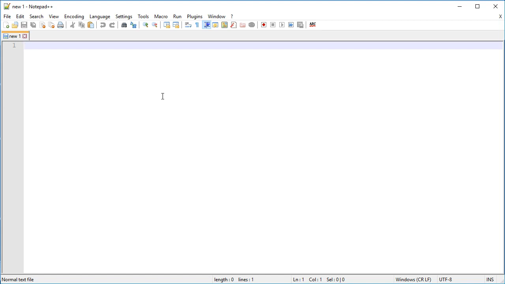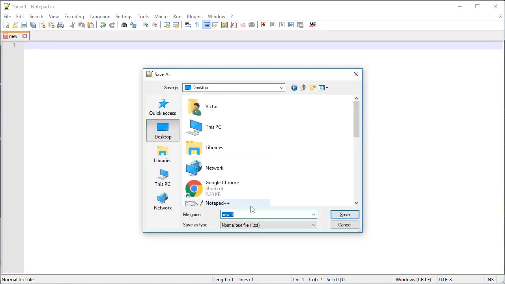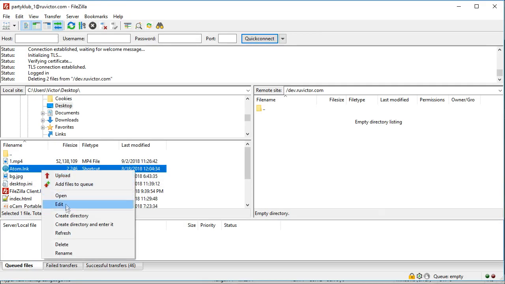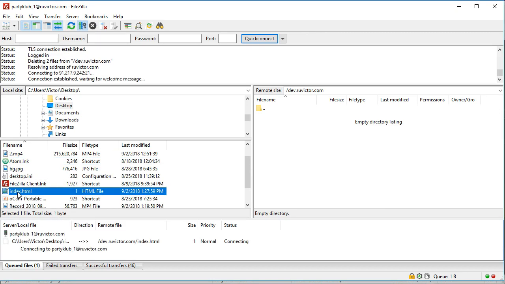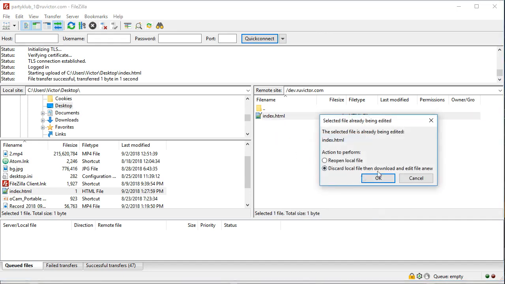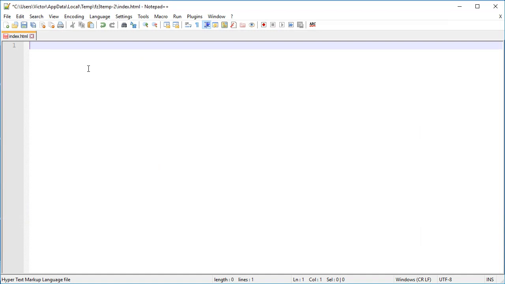So we will start with our index.html file. I'm just gonna create another file. I'm gonna save it on my desktop, and I'll call it index.html. And using FileZilla, I will upload it to my subdomain. Okay, close it from here, and I'm just gonna open it directly from my subdomain so I can work on my subdomain live. So here we will have an HTML page, and we have this doctype